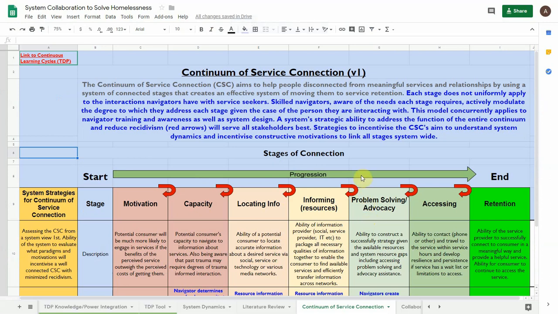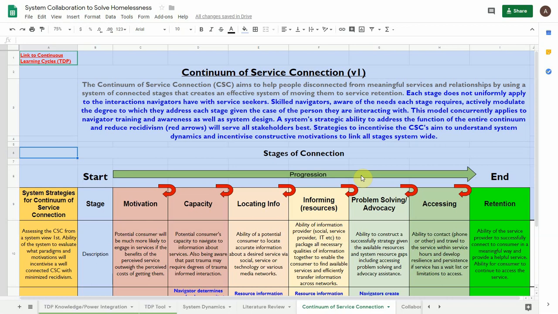I wanted to present a concept for system design that I think is really important, not just in Albuquerque, but anywhere. And what it does is it fleshes out this concept of a continuum of service connection and some specific strategies to accomplish it. So, first of all, a continuum of service connection pertains to a whole linking of different stages that somebody must go through in order to be able to get to a service that they like and